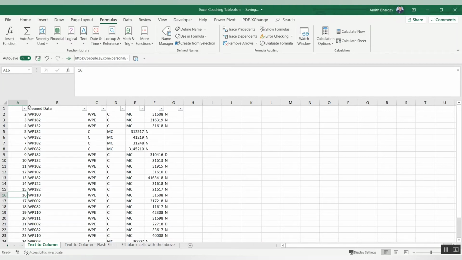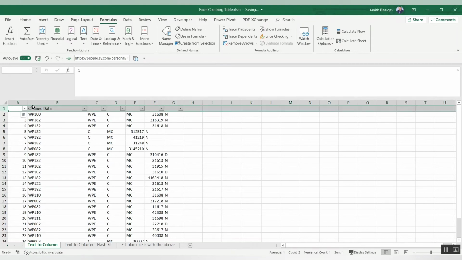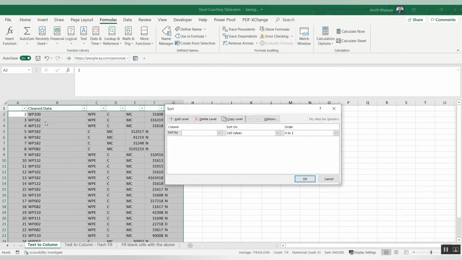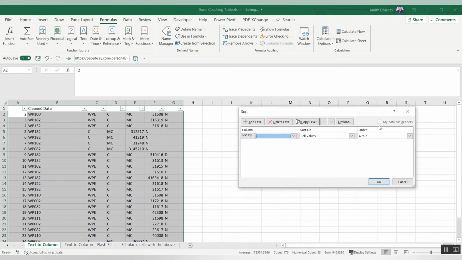What I will do is first sort this by blanks. Hope you all know this shortcut for sorting, Alt D S. Sort by what? Always ensure this column is selected when there are headers.